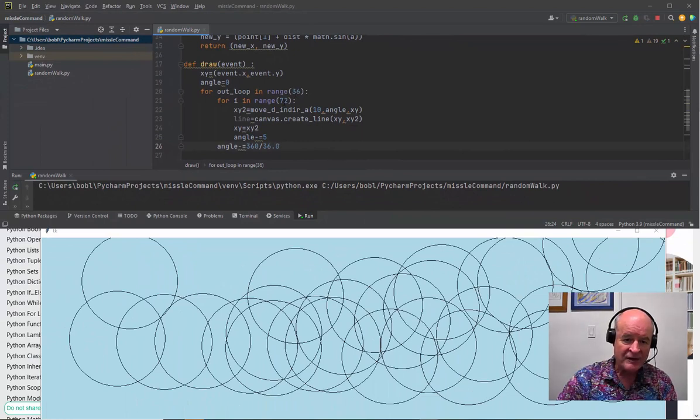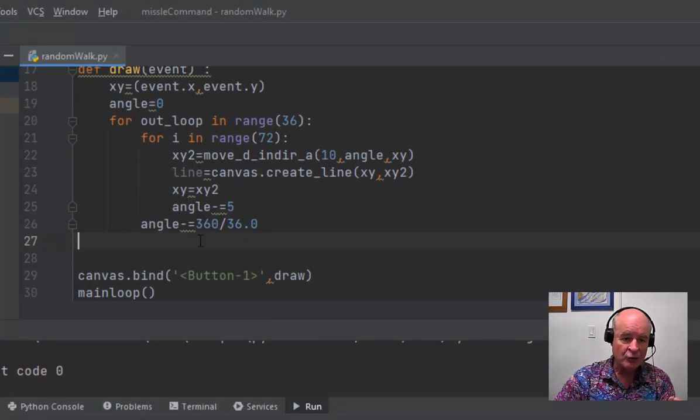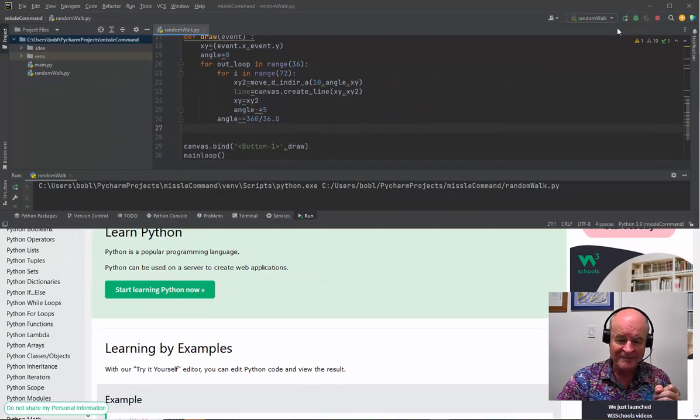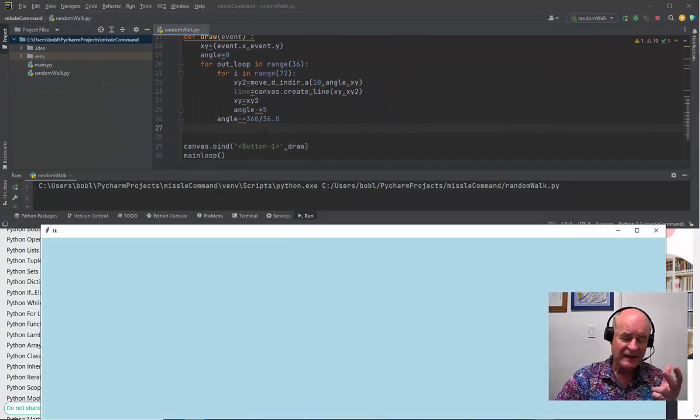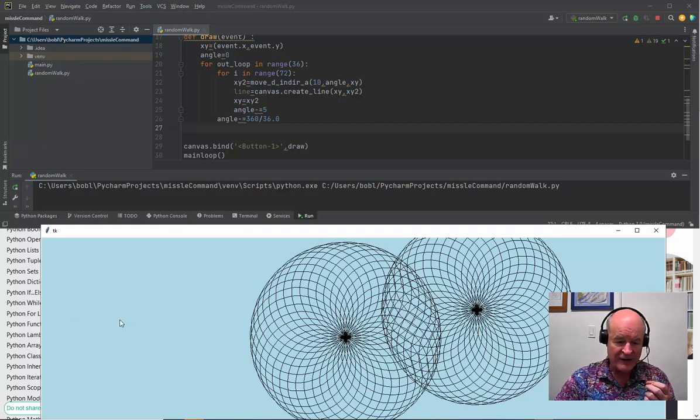And so now I've got 36 and 72, and then the outer loop stops. I believe. We'll see if I did that right. So I've got 2 loops, one that's going up to 36 times, the other one's going 72 times. So this draws a circle, and then this changes the angle by 10 degrees. So when we run this program, actually not yet, by 10 degrees, I click, whoa, I got a circle, and then I moved by 10 degrees and draw another circle. I ended up drawing 36 circles. So I got a very nice looking